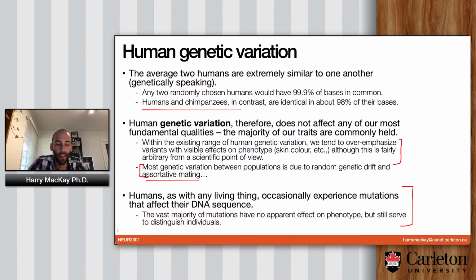Like I say, the things that we do notice, things like skin color and hair color and eye color and that type of stuff, that comprises a very small fraction of the real genetic variation between people. You have tons of variants between you and others that are totally invisible to you because they have a microscopic effect on your phenotype or perhaps no effect at all.